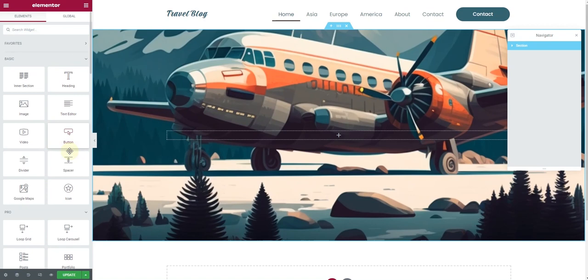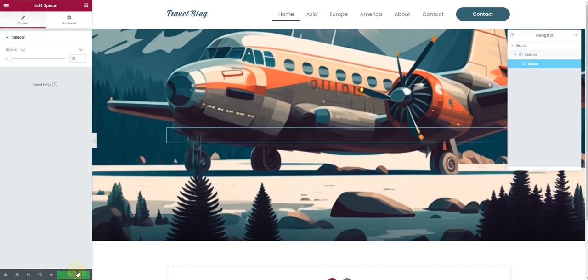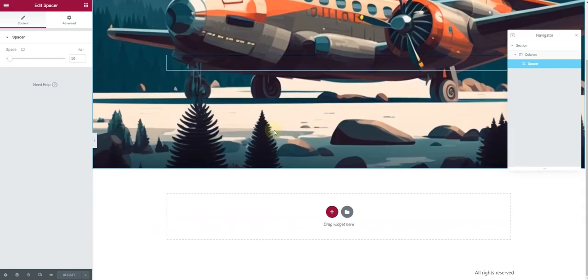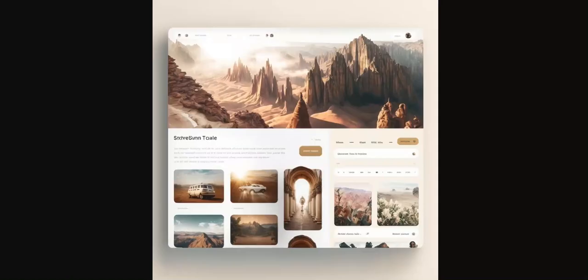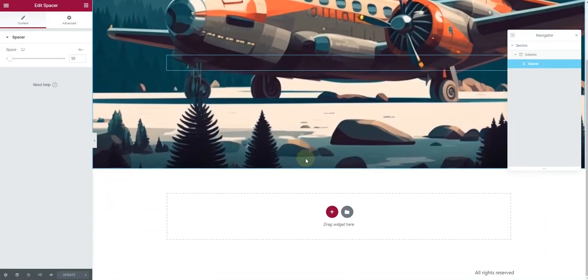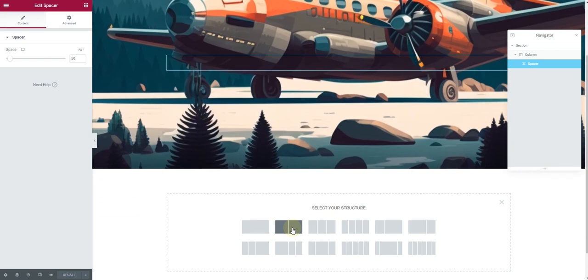So what else I want to do is to insert a spacer here so that we have something as a placeholder in here. So now we have this image added in here. What we can do is to go back here, and then we can actually start creating these two sections. So for that, what I need to do is to click on this plus icon, and then you can choose